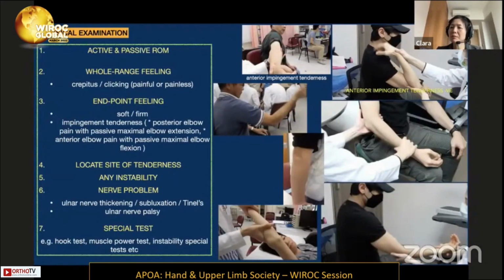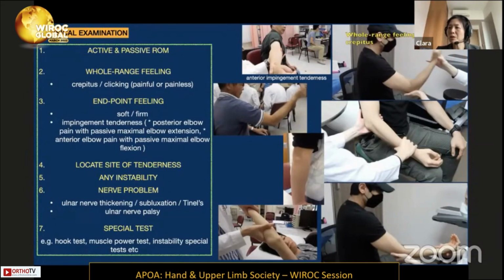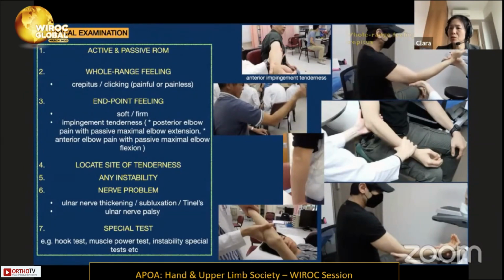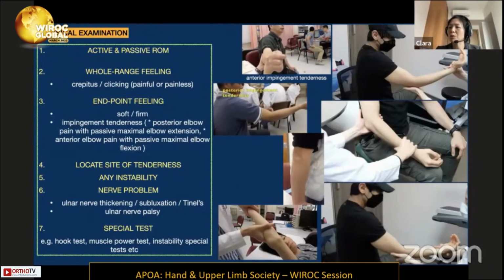In the physical examination, after assessment of the active and passive range of motion, we also need to feel for the motion, whether it is a smooth one, and any crepitus or clicking, and feel for the endpoint, whether it is a firm or a soft one. A firm endpoint signifies that contracture, adhesion, or blockage is mature and firm. Then we can predict the conservative treatment won't be effective,